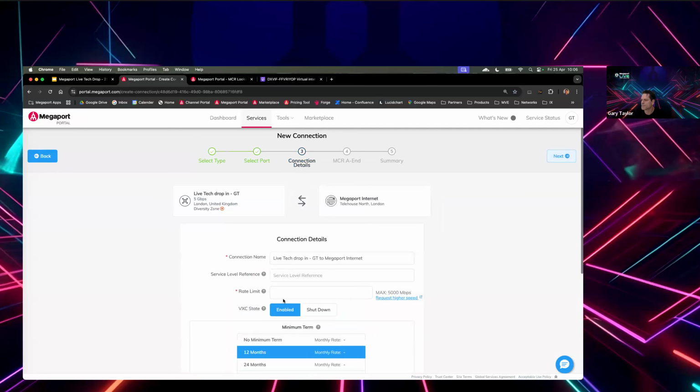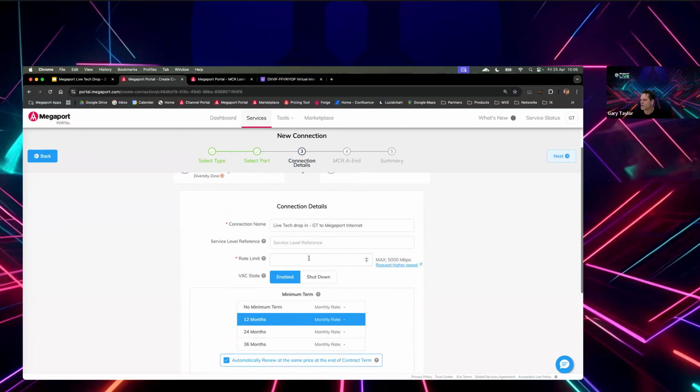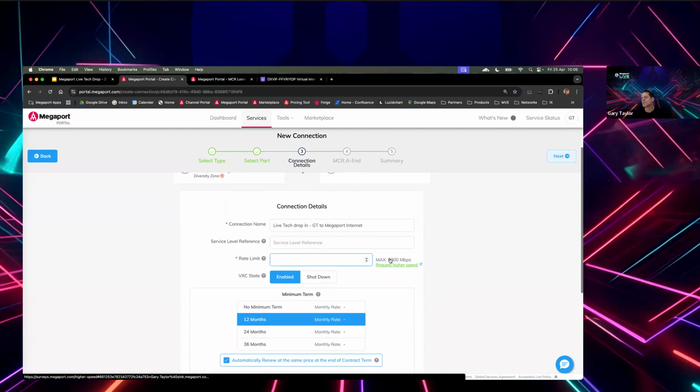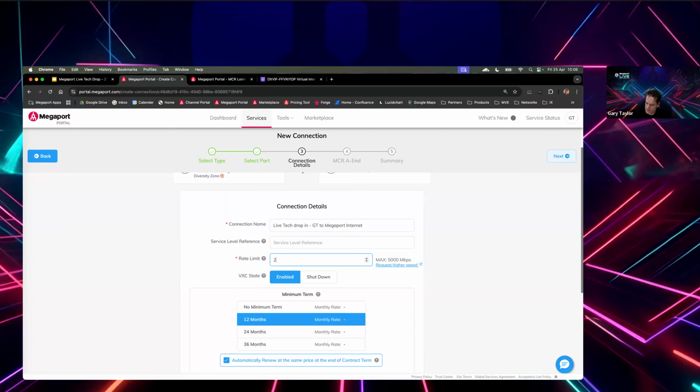Click on Next. And if we look at the rate limit here, you can connect to a maximum of 5 gig, purely because that's the maximum throughput offered for the MCR. If it was a 1 gig MCR, then it would obviously be a 1 gig VLAN as a maximum capacity. We have metro pricing, so it does change as it increases. And just to give you some example of the cost that we have for metro internet out of London,